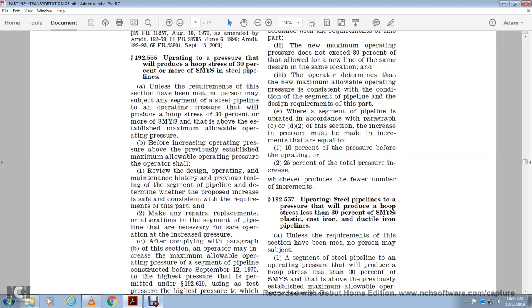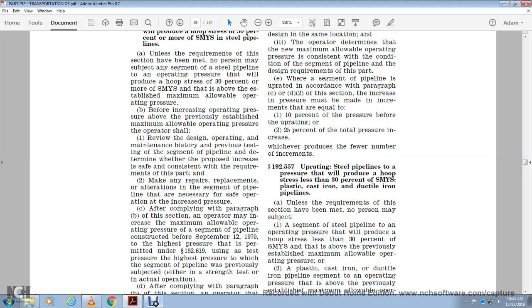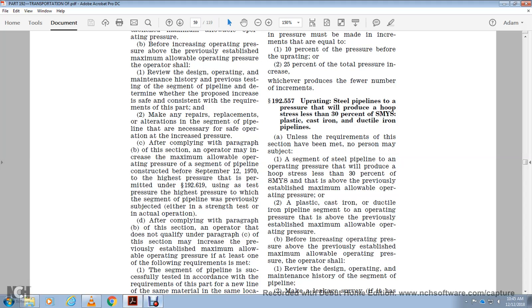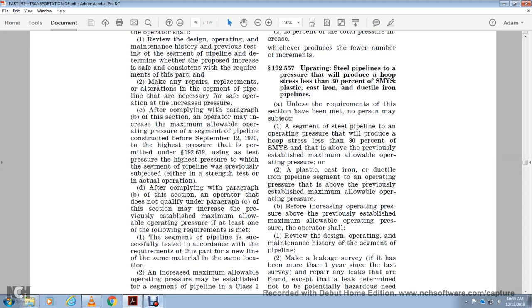192.557 Uprating: steel pipelines, plastic, cast iron and ductile iron pipelines. Operating pressure will produce a hoop stress less than 30 percent of the specified minimum yield strength on steel pipe, unless the requirements of this section have been met. No person may subject a segment of steel pipe to an operating pressure that will reduce the hoop stress to less than 30 percent of the specified minimum yield strength, that is above the previously established maximum allowable operating pressure, or a plastic, cast iron or ductile iron pipeline segment to a pressure above the previously established maximum allowable operating pressure. Before increasing operating pressure above the previously established maximum allowable operating pressure, the operator shall review the design,